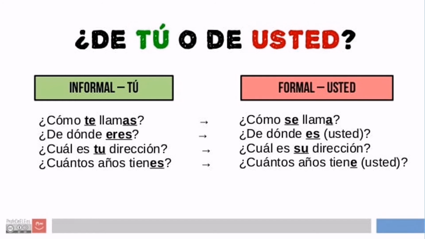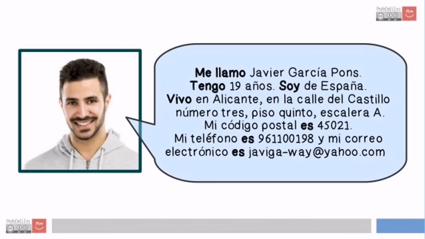So this is like a resume of everything we've seen put in one text. You can apply it to your own personal information and write it down as such. I'm going to read it and then I'm going to explain it. Me llamo Javier García Pons. Tengo 19 años. Soy de España. Vivo en Alicante, en la calle del Castillo número 3, piso 5, escalera A. Mi código postal es